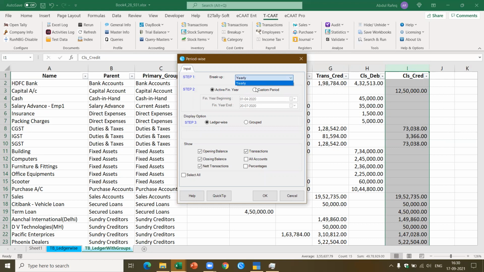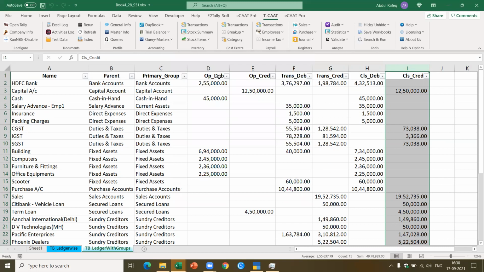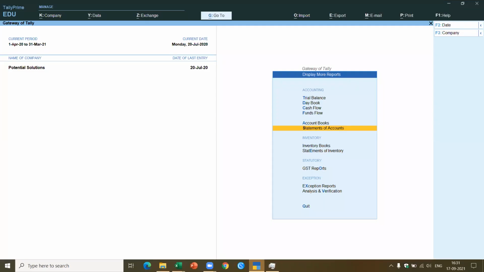In the license version of Tally, I'll also be able to get quarterly, half yearly, and monthly trial balance, which means I can get the trial balance and I can select I want only closing balances. I'll be able to do a quick synopsis of the trial balance, which means I'll get a trial balance of all the 12 months one by one, for the month of April, May, June. And then I can also do a spark line and do analysis and get an idea about how the functions are performed.